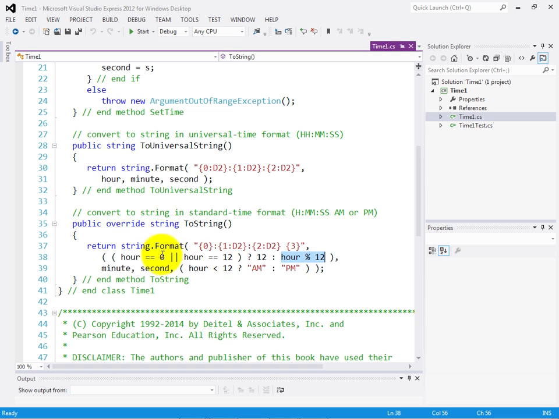We already took care of the 0 case explicitly. So if it's either noon or midnight, we'll be displaying a 12 here. Otherwise we'll display a 1 through 11. Then we'll display the minute and the second in the next 2 placeholders using 2 digits for each one. And then finally we'll use the last conditional expression to say if the hour is less than 12, 0 through 11, we'll display AM. If it's 12 or greater, we'll display PM, or not display, but return PM as part